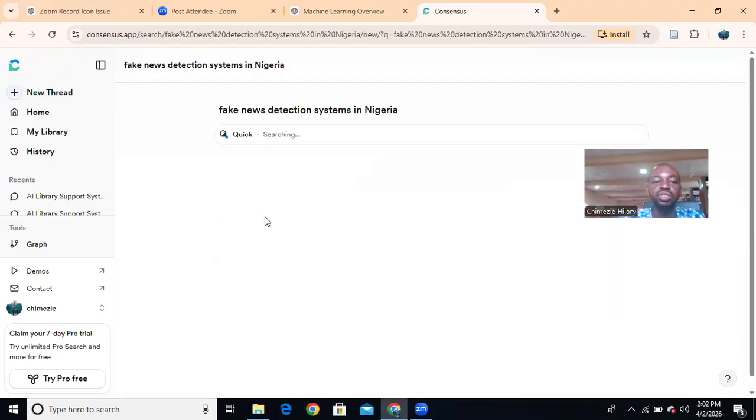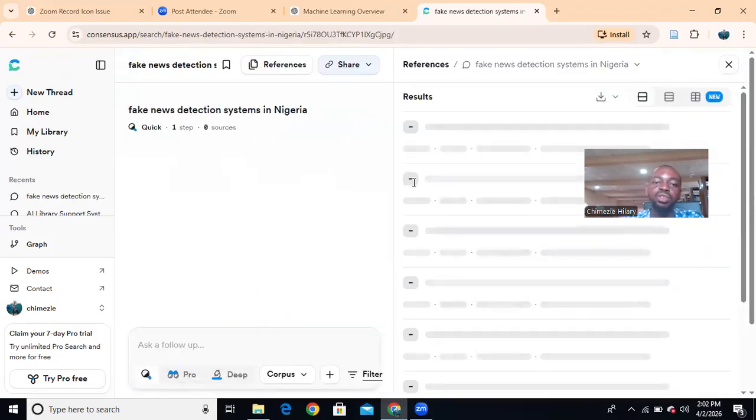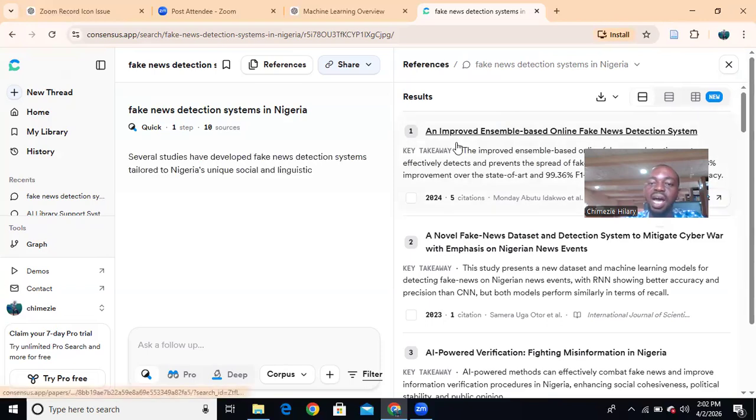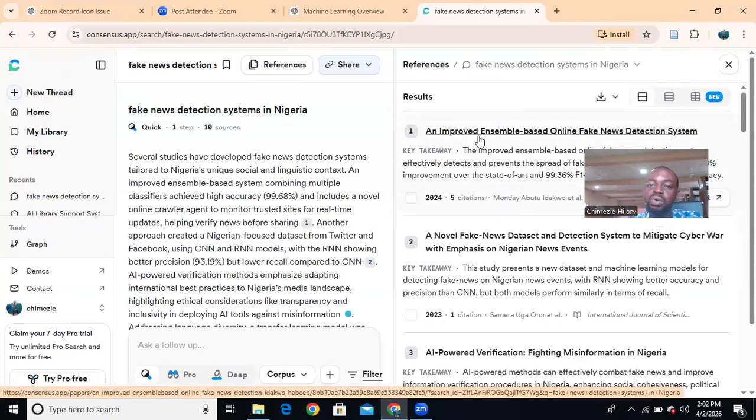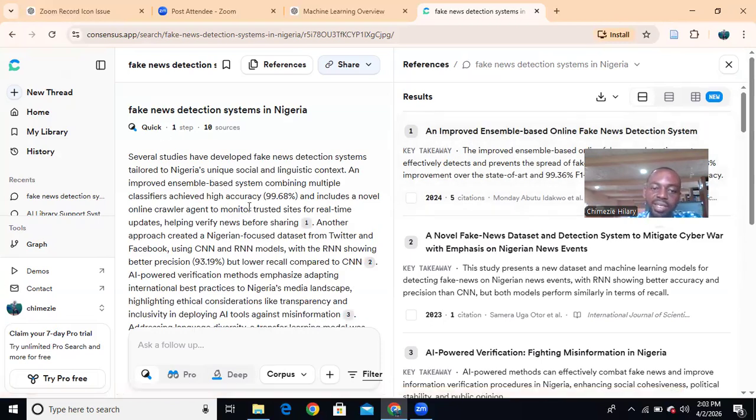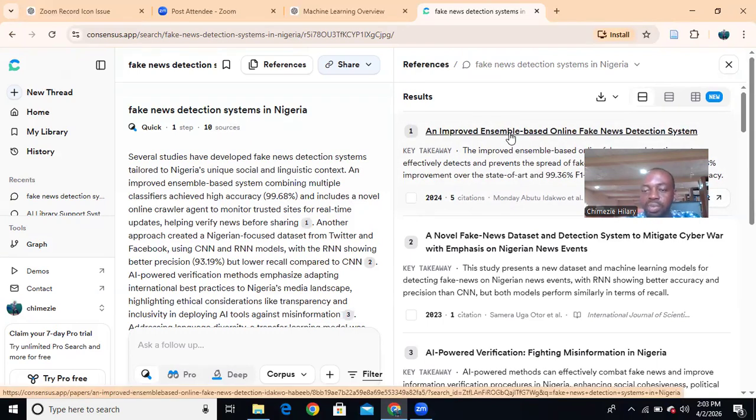So send it. It's now doing a quick check of fact and fake news in Nigeria. You can see on the right side, it's going to give us written results. These are actually peer-reviewed documents written as they relate to this topic. On this side, this is more like the general ChatGPT idea, but on this right-hand side, you can see real research documents that have been done. So it's unlike the general ChatGPT. What this does for you is it provides real research. So it goes to databases,